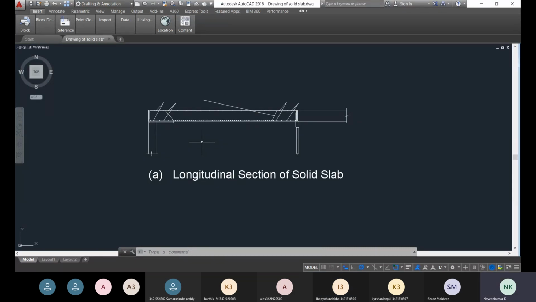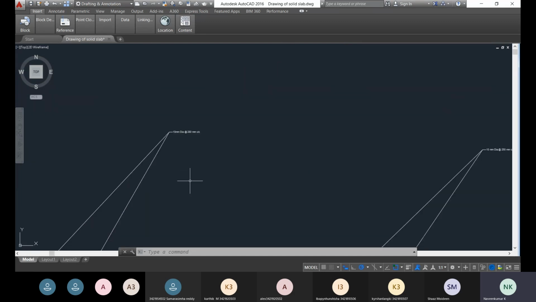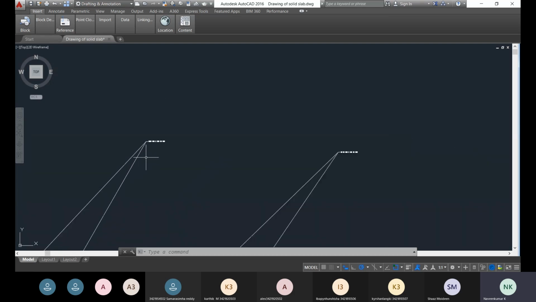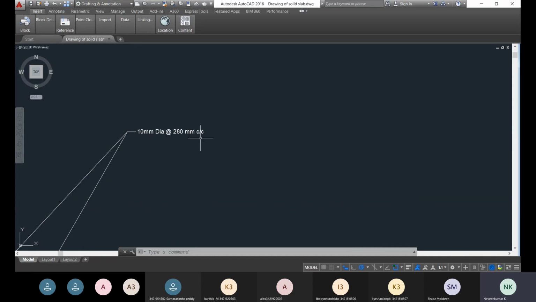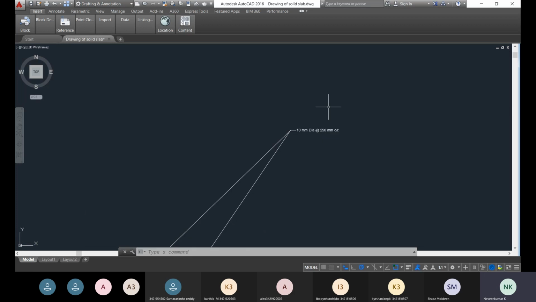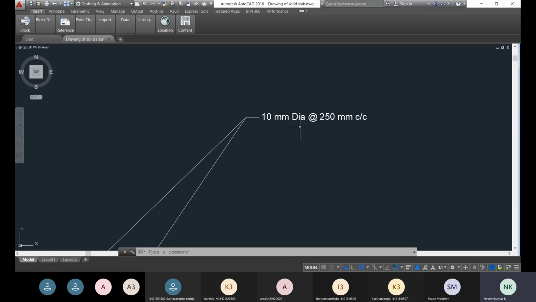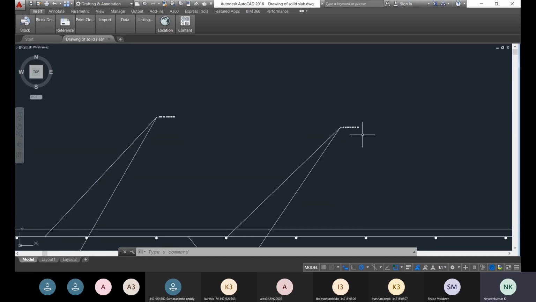This is the drafting of the solid slab which you did in the previous class. Now we're going to see the drafting of the T-beam which is monolithically connected to that particular solid slab. Actually, we will draw it below itself. Here it mentions the dimension of the steel rods. At the top as well as at the bottom, 10 mm diameter bars at 280 mm spacing are provided as main reinforcement at the corners, and at the midspan the spacing is reduced. So 10 mm diameter bars at 250 mm spacing are provided.